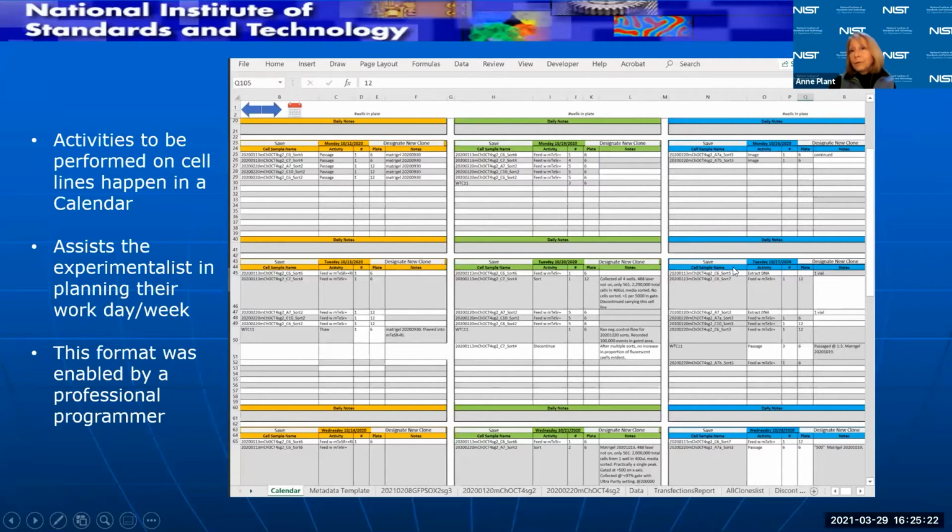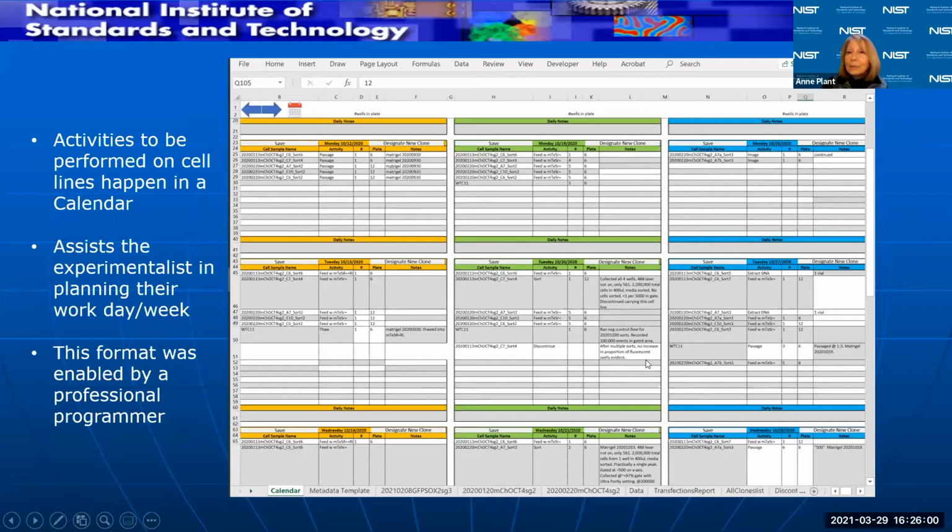Now, we did use a professional Excel programmer to do things like set up the functionality of a calendar, and a few other bits of functionality. But in a context where we were able to go in without any programming knowledge and make changes and update the protocol collection, the protocol information collection is pretty straightforward and easy to do. And so what the experimentalist can do is, for any day of the week, he can see what he needs to do that day.